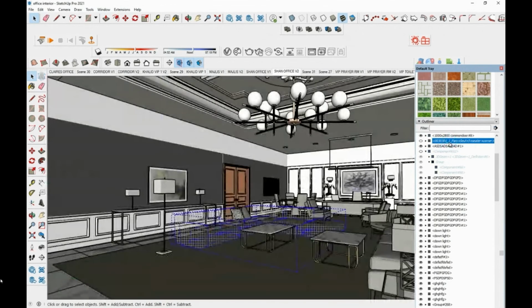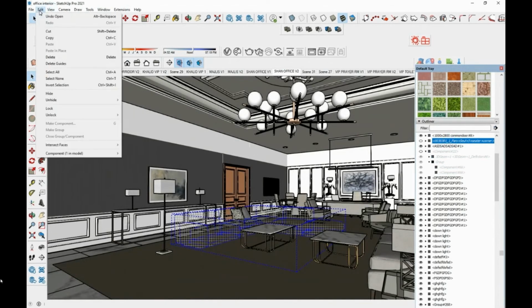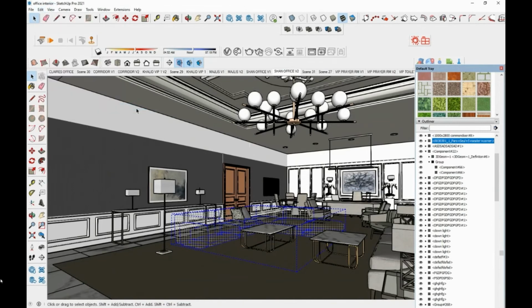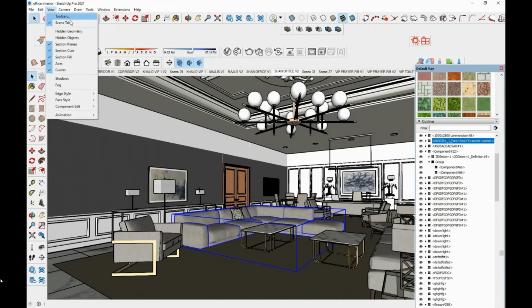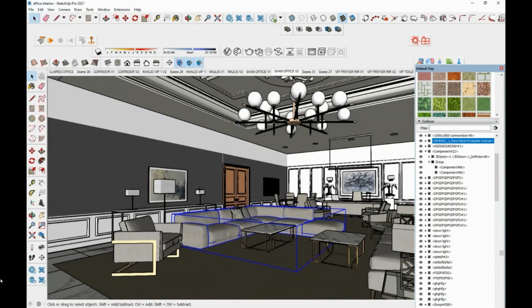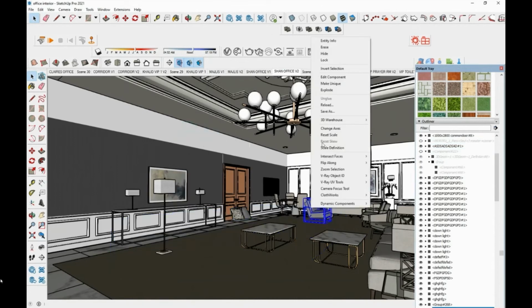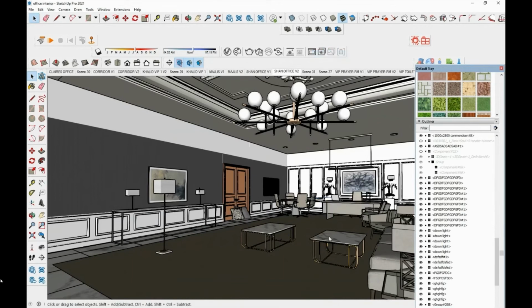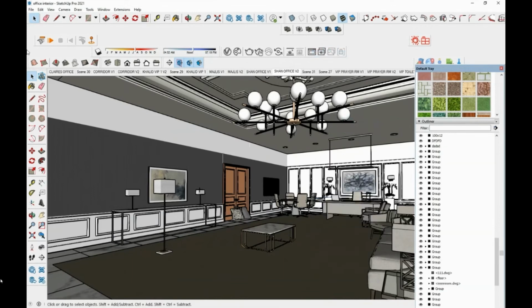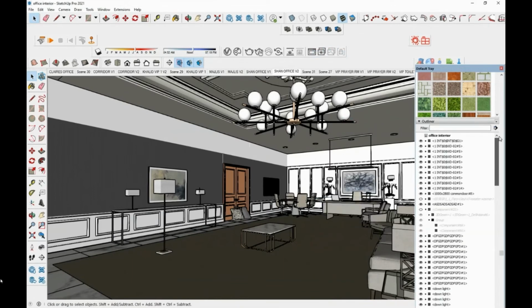So this will help you to avoid creating too many unnecessary layers or tags. And any object or block that you create will automatically get added to this outliner column. Usually, to unhide something, you have to go to Edit, Unhide, which will either unhide it in reverse order of hiding it, or unhide everything at a time.